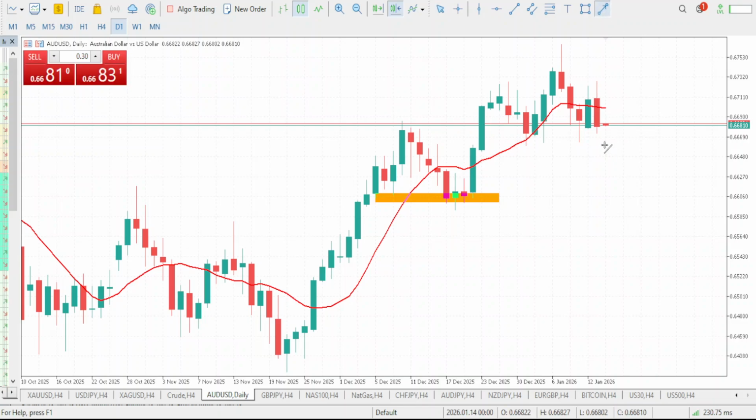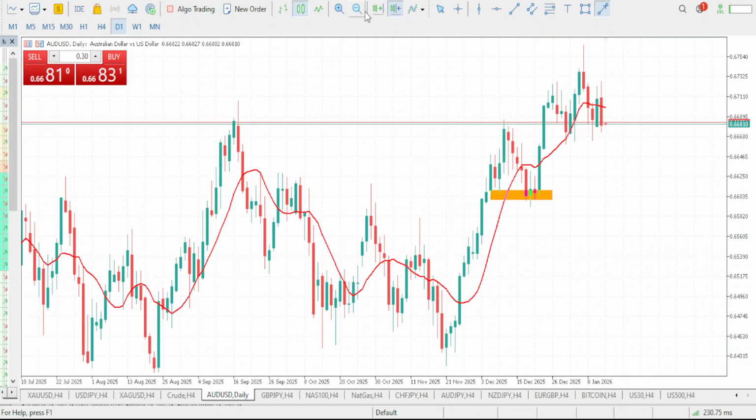So when you take a look at this, your AUD/USD, you can clearly see that we are in an uptrend move. When you zoom it out, this trend says that we are in an uptrend move. So this was a massive movement that markets did. Then a pullback was made.